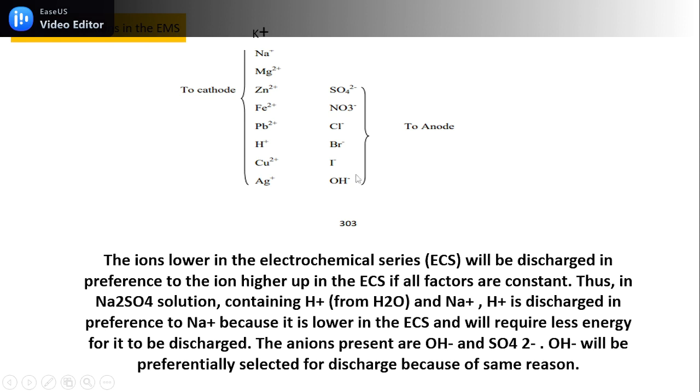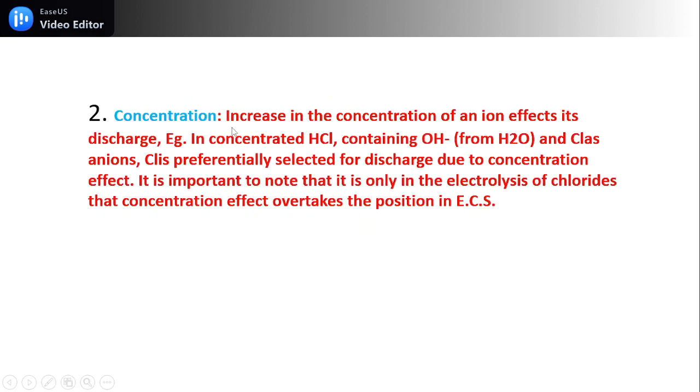We have hydrogen oxide here at the bottom, which implies that the hydroxide will be selected, which is what is shown here. The ions present are OH minus and SO4 2 minus. OH minus will be preferentially selected for discharge because of the position of the ions in the electrochemical series. Now let's move to the second factor that governs the selection of discharged ions, which is the concentration